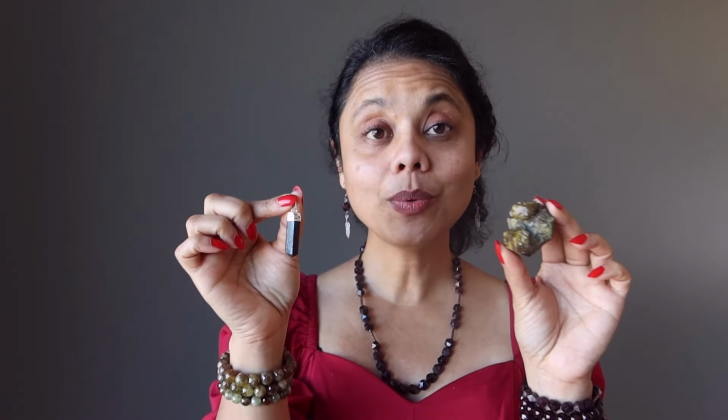So anything that is harder than that on the Mohs scale, like a ruby, which is around a 9, could scratch the garnet, but the garnet wouldn't be able to scratch the ruby. And something softer than that, like a copper penny, which is around a 3.5 or so, will not be able to scratch your garnet because it's such a soft material. Another way to tell is that most garnets have